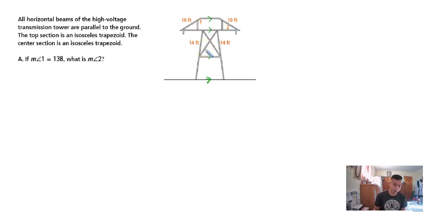So our problem now is, the given is that angle 1, this angle here, is equivalent to 138. Now the problem is, what is the measurement of angle 2? All right. Now we'll be using the theorems that we discussed before. So the sum of the interior angles of a quadrilateral. Okay, we are talking now about a quadrilateral. It's 360, right? So I'm going to